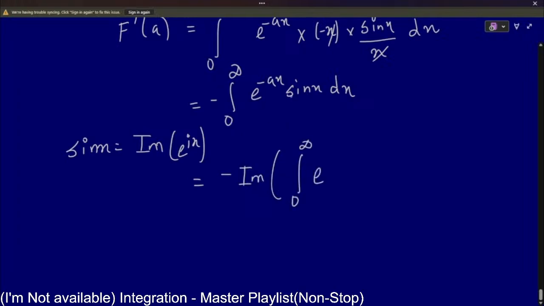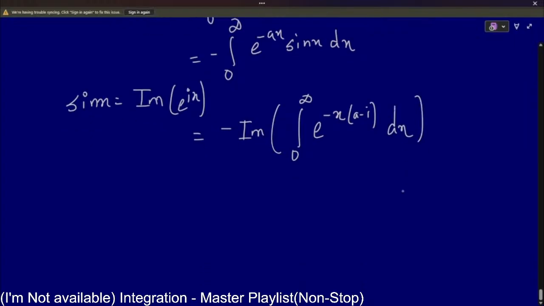It becomes e to the power minus ax into e to the power ix. If you take minus x as the coefficient, this becomes minus (a minus i) x, dx. Okay. So minus the imaginary part of,